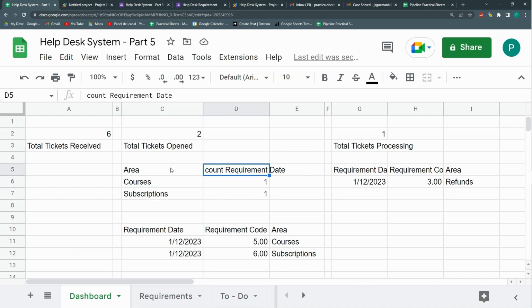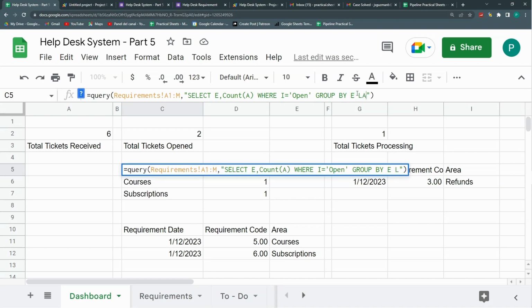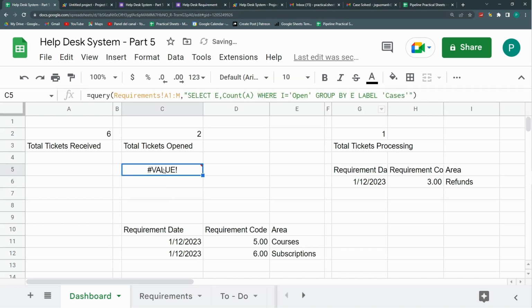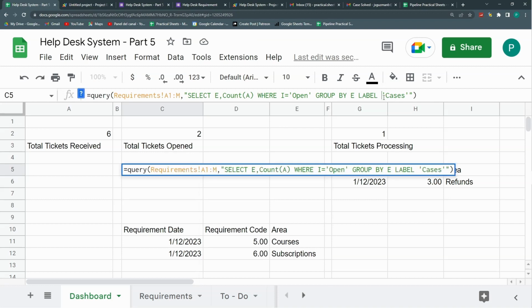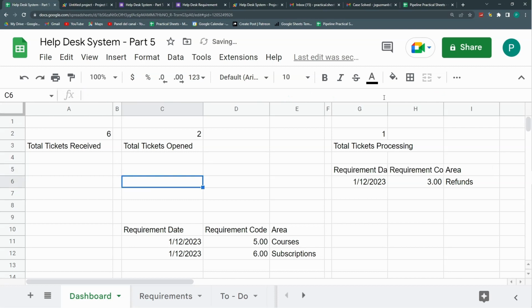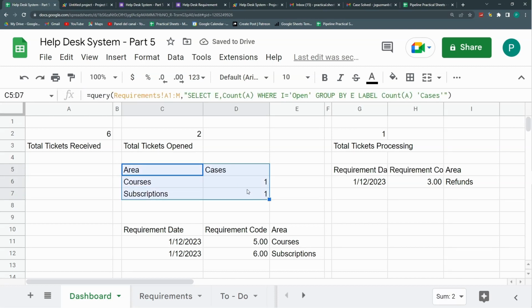I don't like how I see this, so I'm going to put number of cases. I put this with the label clause, and let's put double quotations, and let's say number of cases, or cases. That's it. I did something wrong. What should I label? I'm going to label this count A as cases. Okay, so here I can have the summary